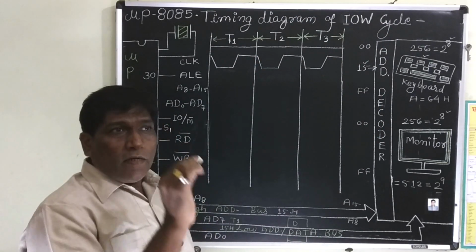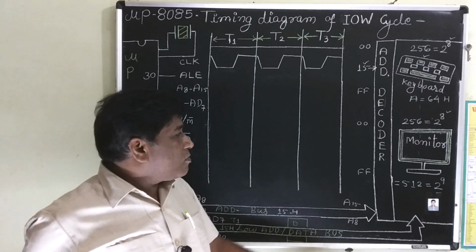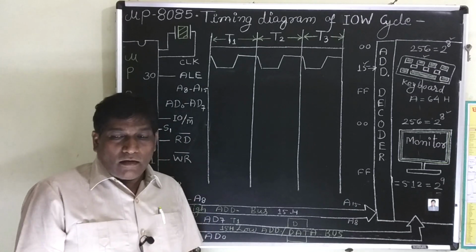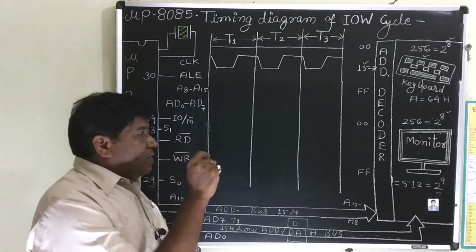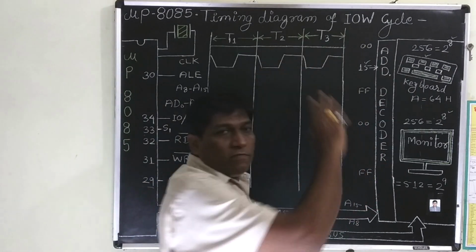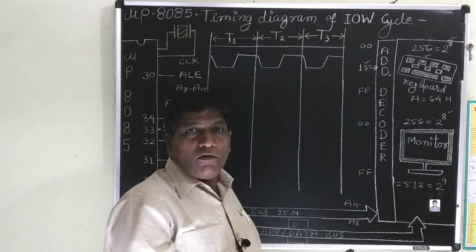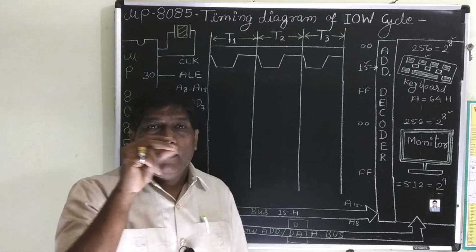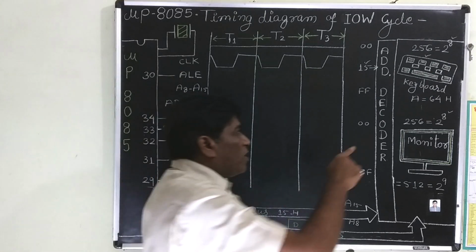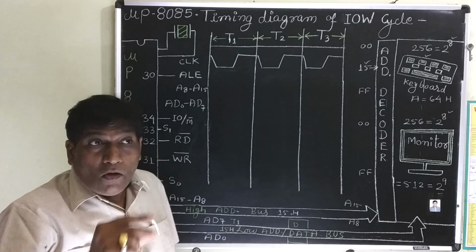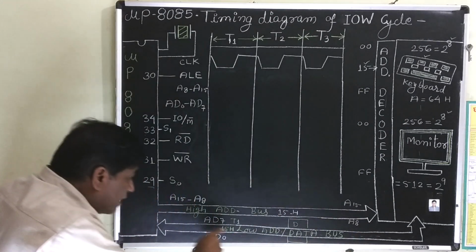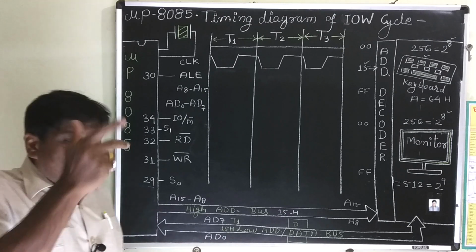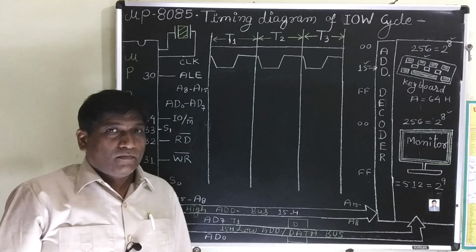Say some data is to be written into the monitor. Now before going ahead, I am just asking one question to you. Suppose we have read this data from the keyboard in the IO read cycle. This data belongs to a key A, and the corresponding data is 64 hexadecimal. Where will this data from the data bus go? Data जाएगा कहाँ? In which register will it go?